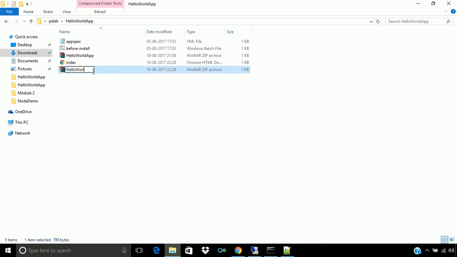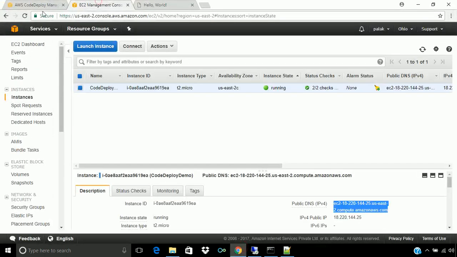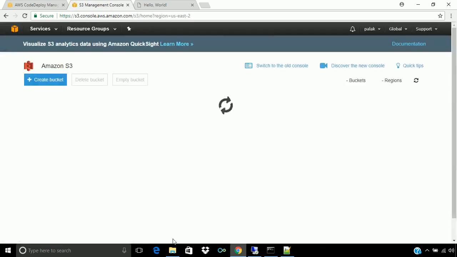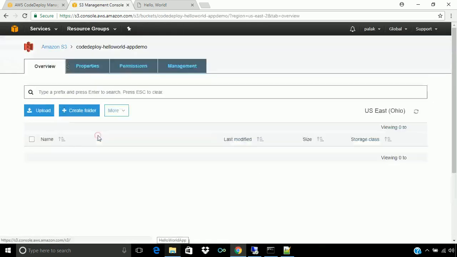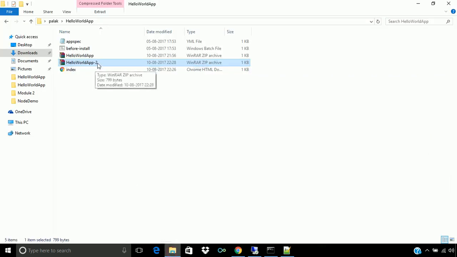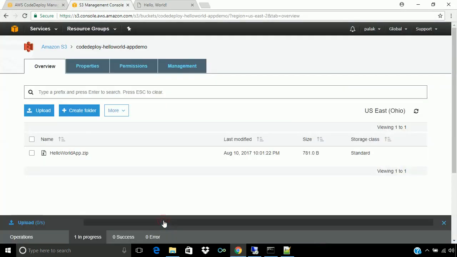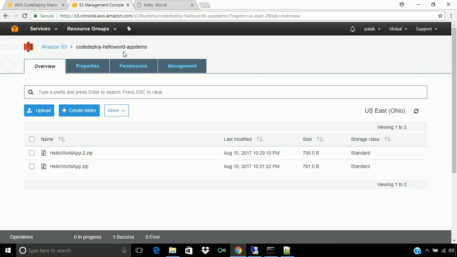Let's give the name hello world app 2, and now let's navigate to our S3 and upload that file in our bucket. So let's drag this file and paste it here. Let's upload this file in this bucket in which we have created our first revision also.